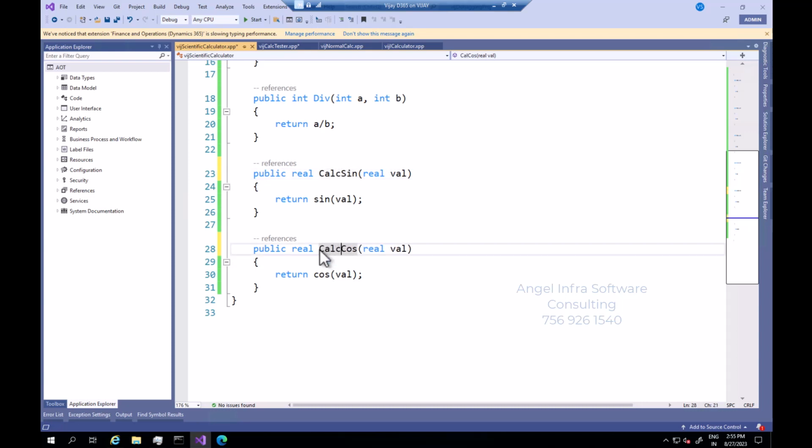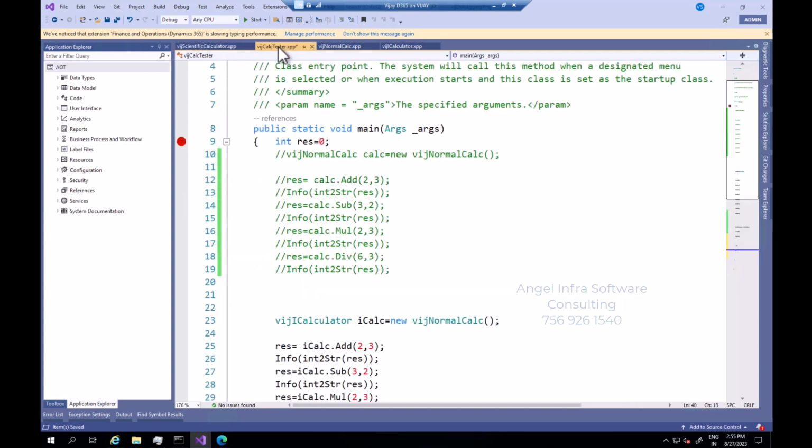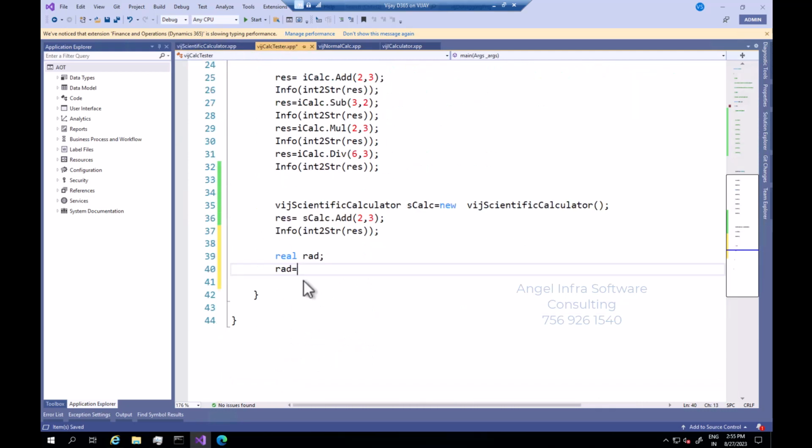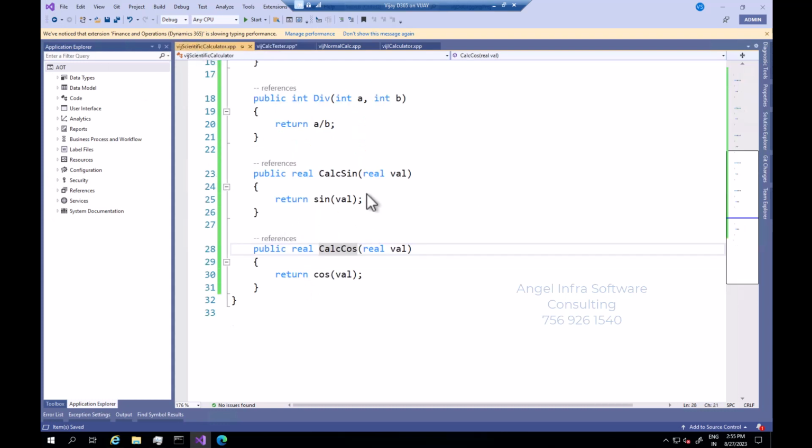We should not name our functions with the real functions. Calc sine